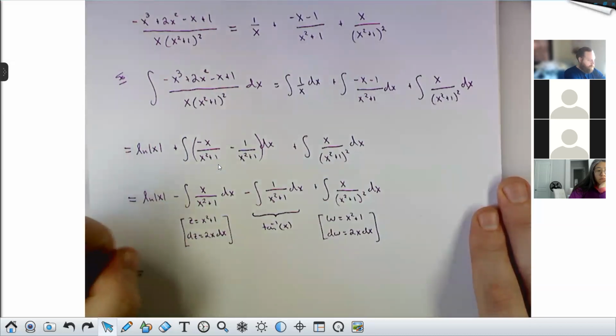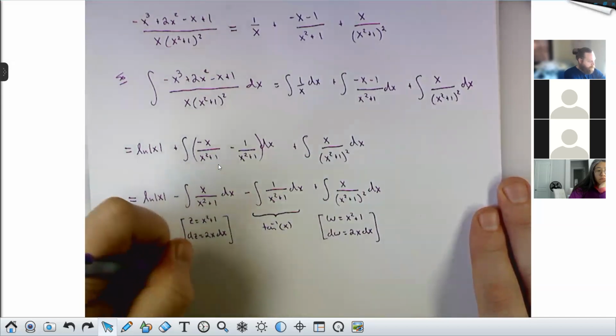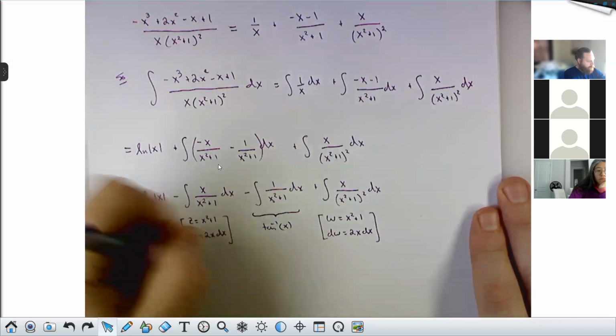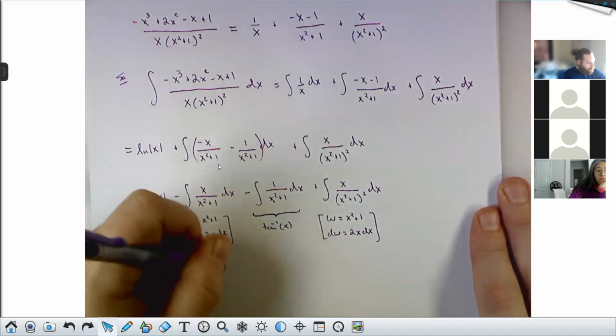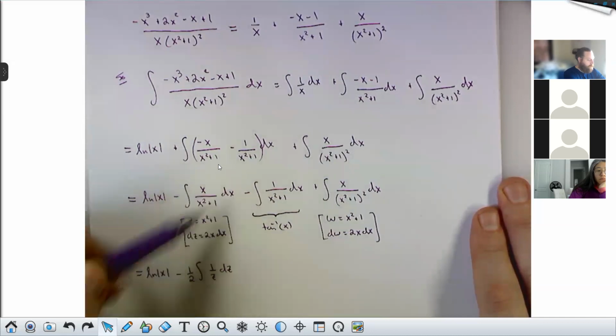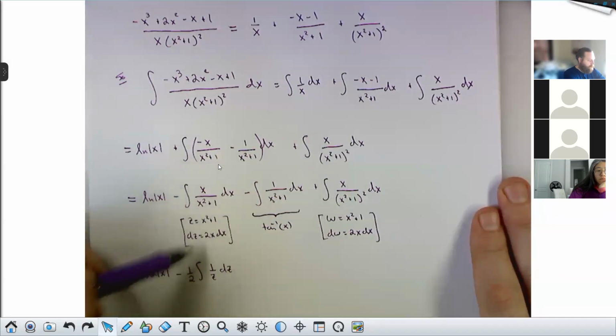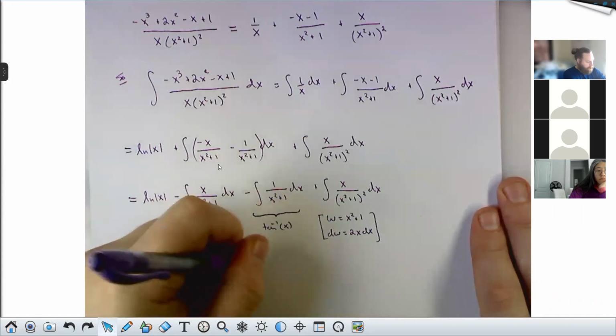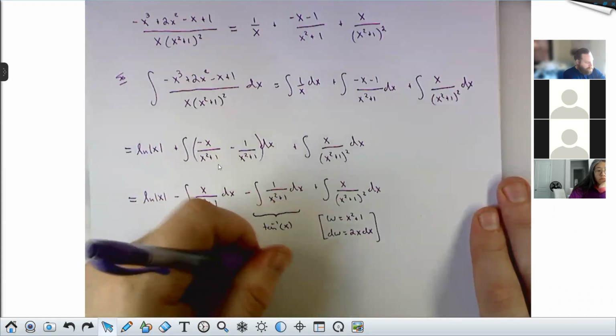So I'll have natural log absolute value of x minus 1/2 integral 1 over z dz. Right, x squared plus 1 is z, x dx is 1/2 dz, so the 1/2 comes out, minus the inverse tangent of x